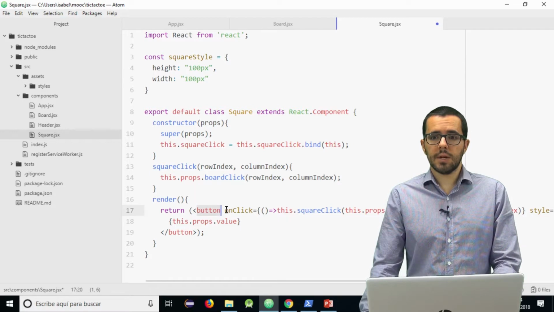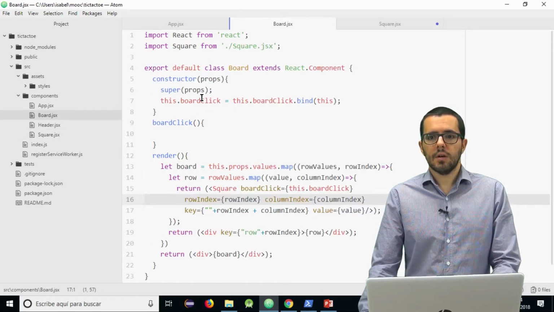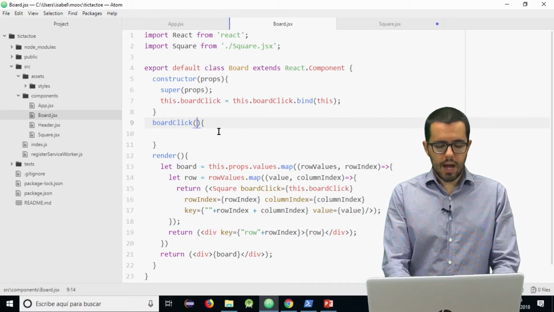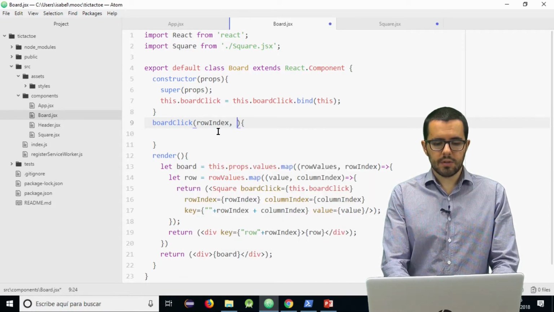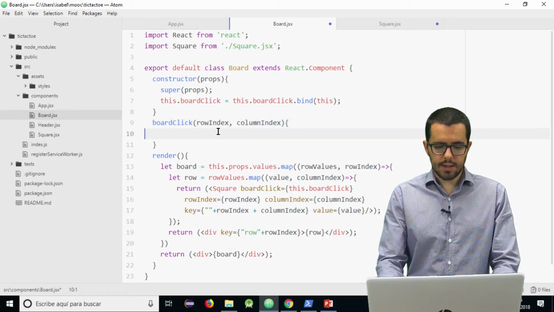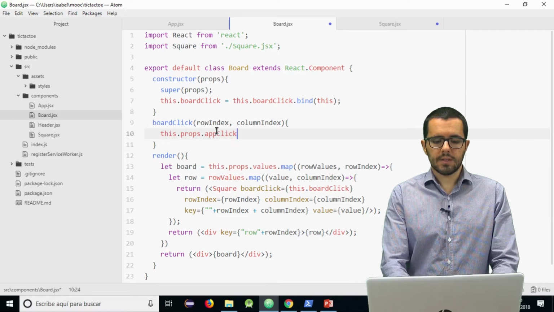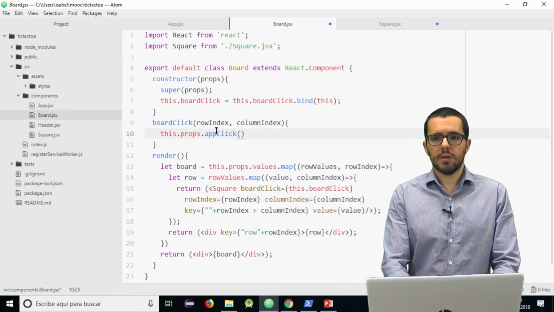So when somebody clicks on the button, the onClick will call squareClick with the row index and column index, and it will call boardClick with that information. boardClick doesn't do anything else, it will call upClick. So it receives also the row and column index, and it calls upClick, which is received, as always, as a prop.